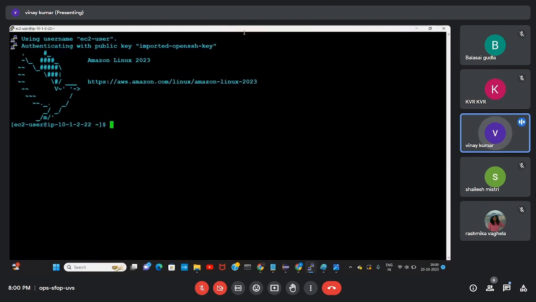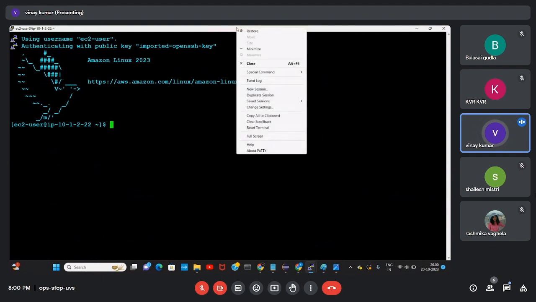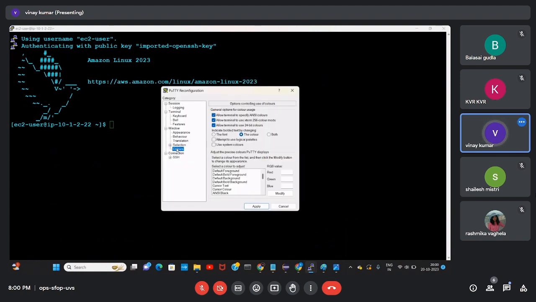This is the second server. With two servers in the same color, there is a chance of confusion, so I'm changing the color. Modify.